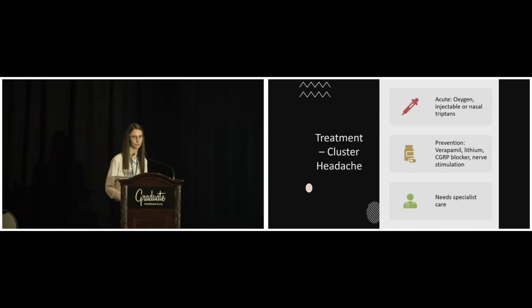So oxygen is actually one of the main treatments for cluster headache. Having a high flow oxygen tank that the patient can put on during the attacks is very effective. Or using some of those triptan medicines like we talked about for migraine, the fast-acting ones like the nasal sprays or the injectable one. There's also different preventatives that can happen. So in a patient who has this happen, let's say for 6 weeks out of a year, they might choose to be on a preventative to help that not happen every year. Or maybe this happens 3 times a year. So verapamil, lithium, some of the CGRP blockers are being studied in cluster headache now as well. And nerve stimulation has some data too.